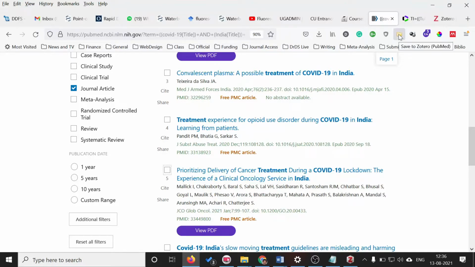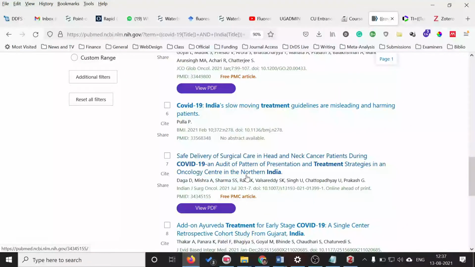One thing you have to note is that if there are downloadable articles, the icon will change. The page icon is now moved to a folder icon, because we have multiple references in the same page which can be downloaded. So if you have multiple options, you will have a folder icon here instead of a page.